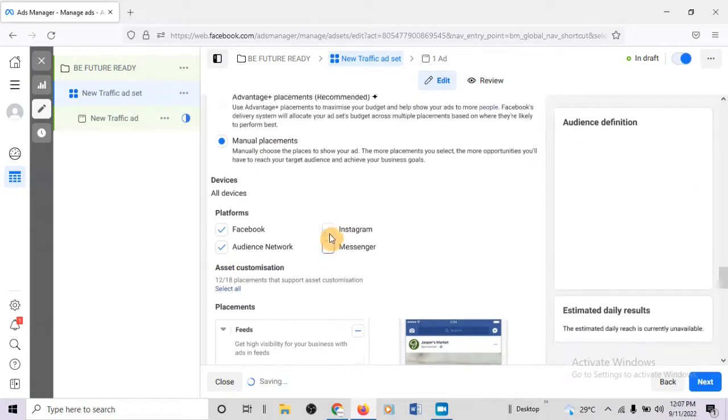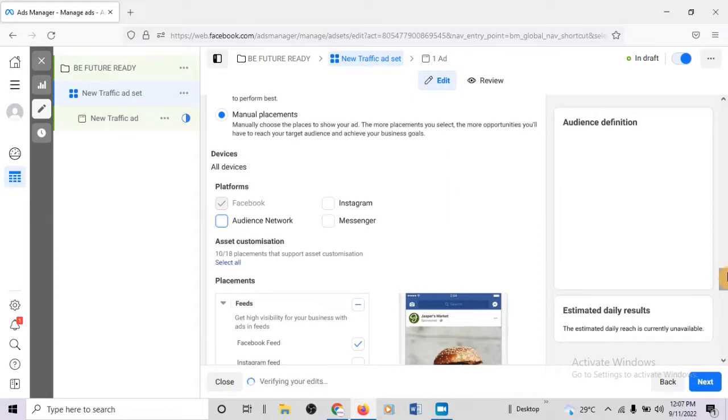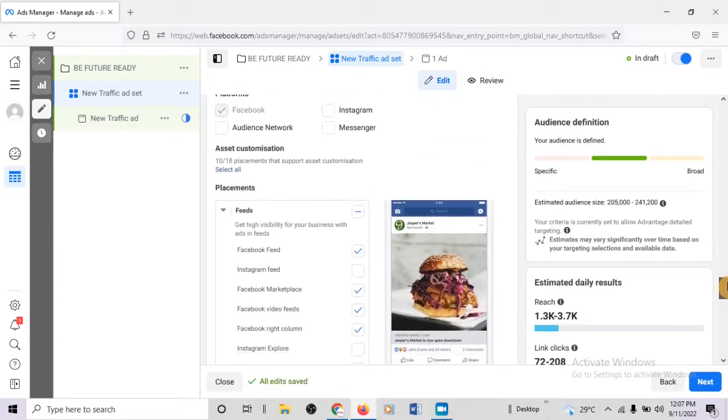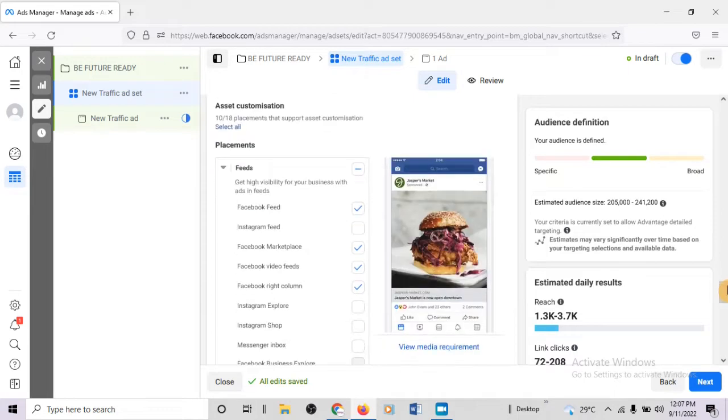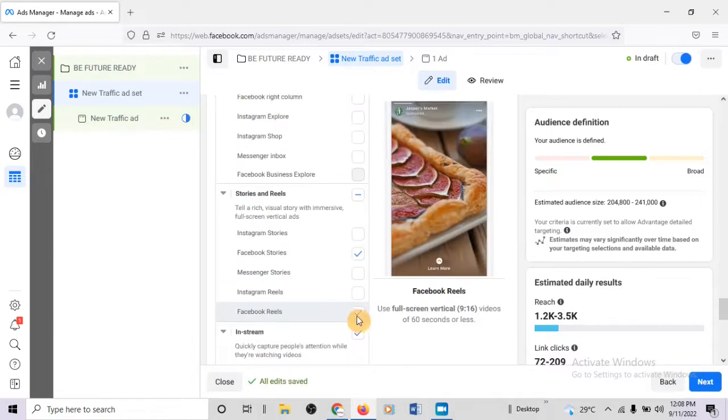If you want your advert to show on Messenger, you can leave that. I don't want it, because I might end up wasting my money. Note that wherever your ad is placed, Facebook will be charging you for that. So you don't want to place your ad where your ideal customers will not be interacting. I want my ad to be shown only on places I know my ideal customers are always active. Leave it there. I want it to show on Facebook